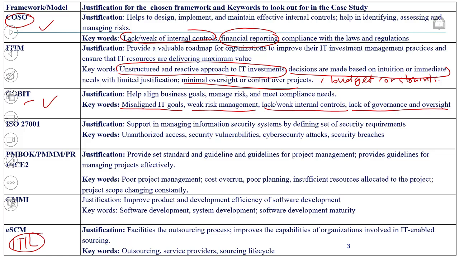Then you've got things like poor project management, cost overrun, for example poor planning, insufficient resources allocated to the project. Those are typical problems that occur when you don't have